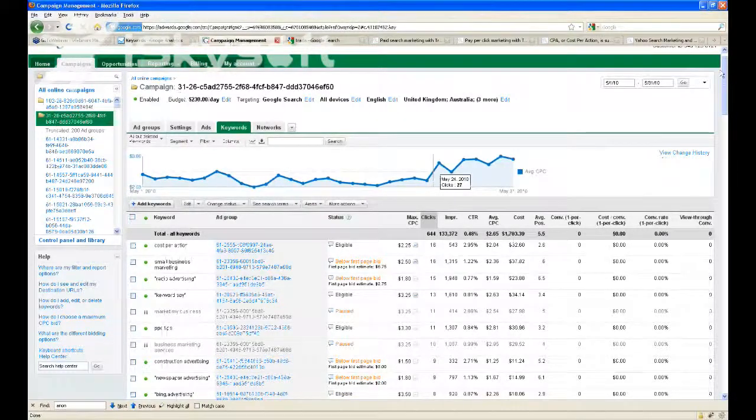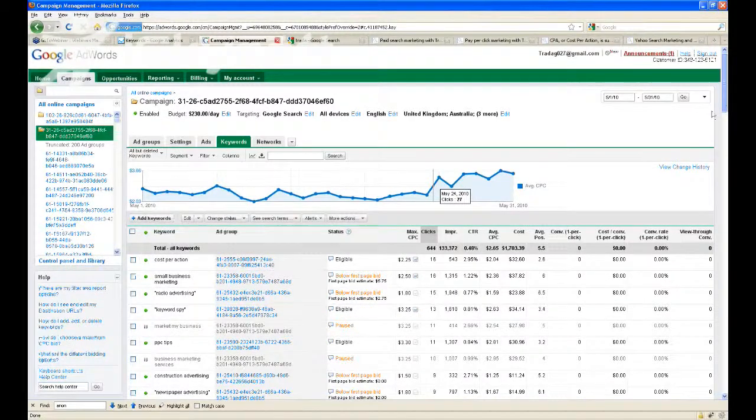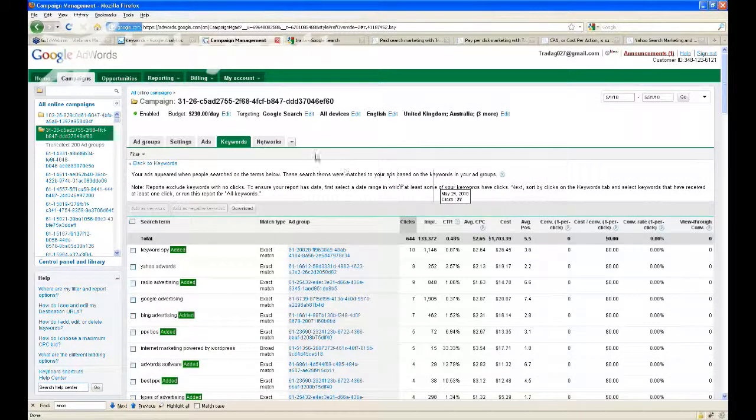I'm now jumping over to our AdWords account. So what I'm doing is I'm jumping into one of our campaigns, and I'm jumping into the Keywords tab, which shows me all the keywords that are running across all the ad groups in this account. What I'm going to do is run something called a Search Terms Report. Some of you might be very familiar with this, but some of you might not be. A search terms report tells you what exactly the user typed into Google that ended up getting matched to one of your keywords, that put the ad on the results page that they saw and then clicked on. It basically says, what were people looking for when they ended up on my site?